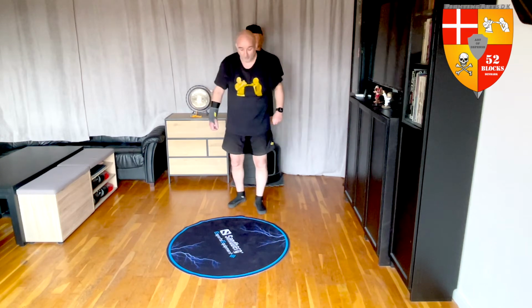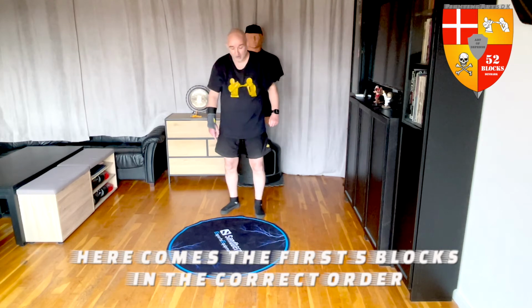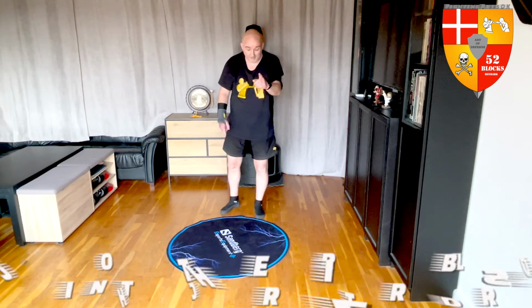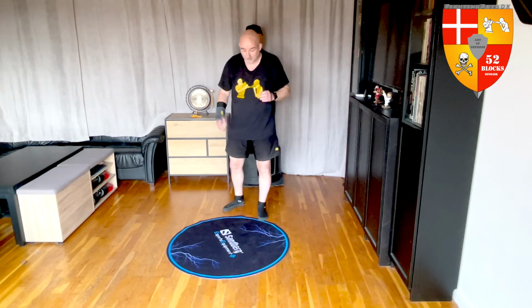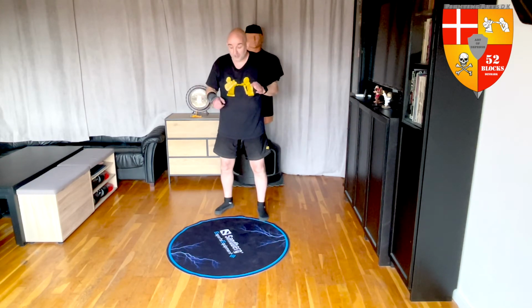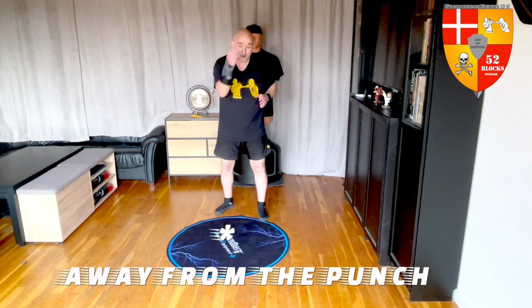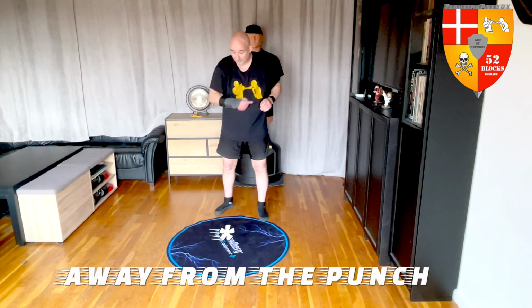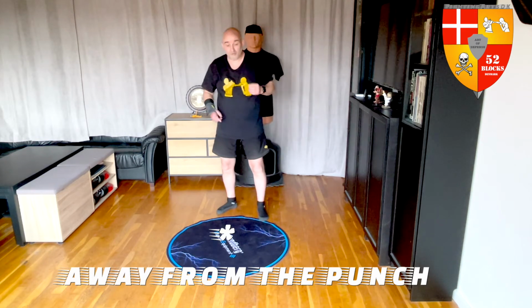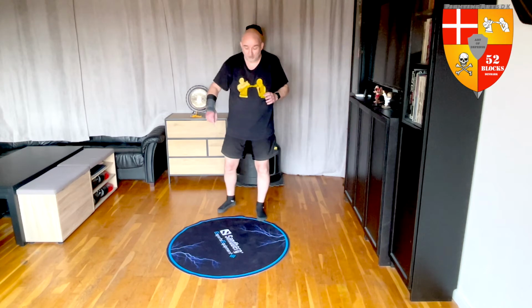I'm gonna do all 5. I'm gonna move outside his right hand with the skull and crossbones. Then I'm gonna move, continuing in the same direction, outside his left hook with my rear block. Then I'm going to switch direction, moving outside, away from his left hook and away from his overhand right in this direction. And then I'm going to go back